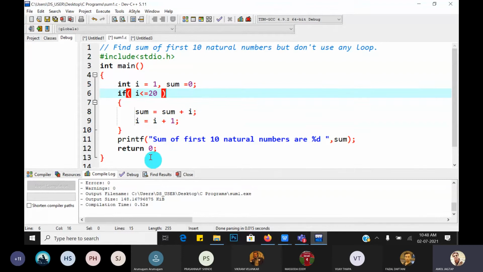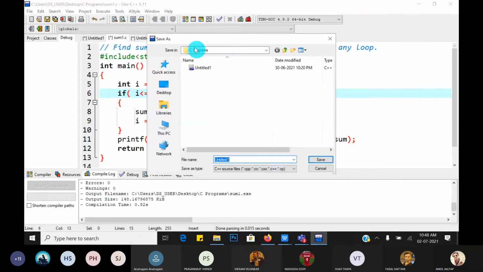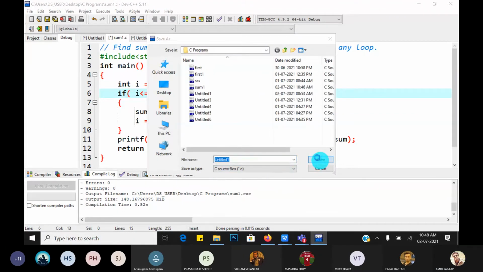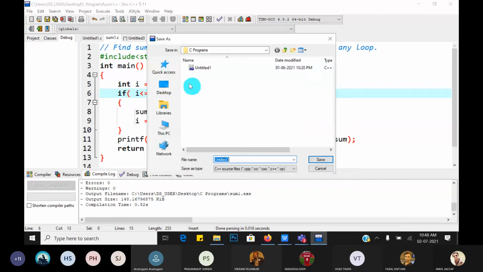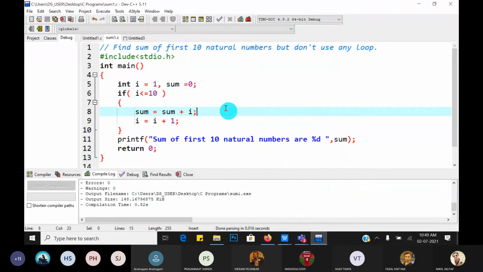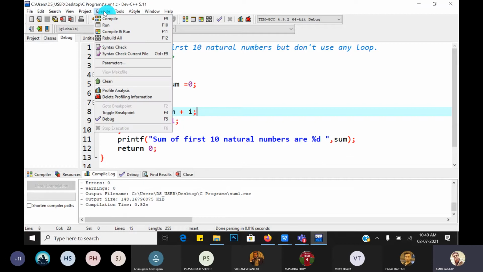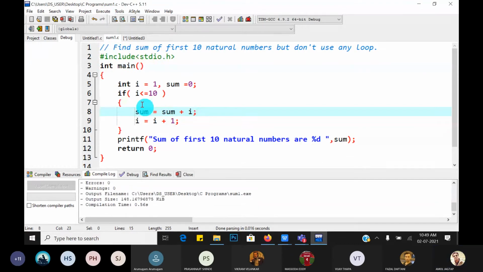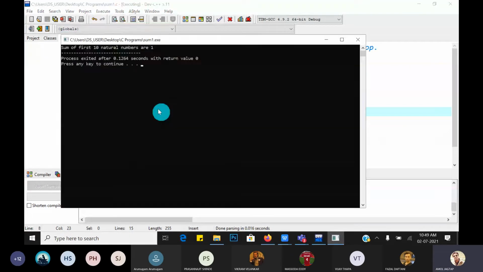So what happens here? If I write if instead of while loop, does it give correct output? Let's just check. Compile it, then run it.